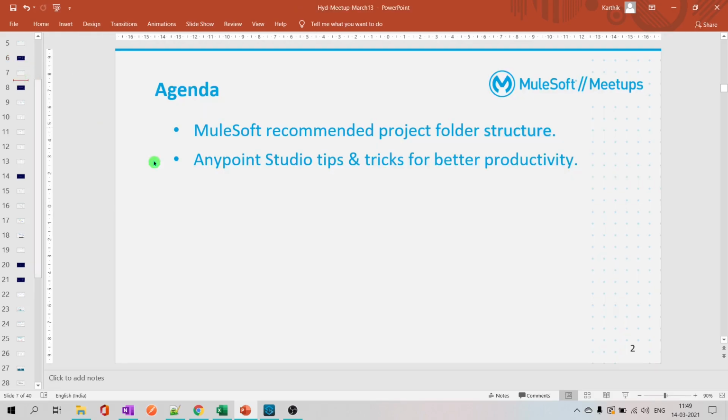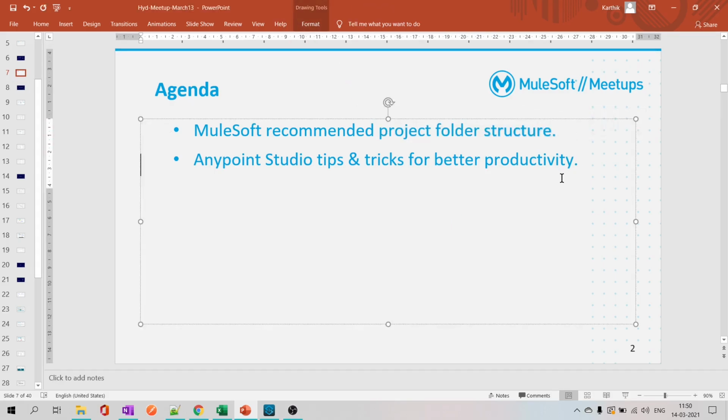Let's get started. My thought process in choosing this topic is that I struggled with understanding the project folder structure in my initial days of MuleSoft development, right? I strongly believe we learn a lot from our experiences and from people around us, more than we study or read. So I want to share this with everybody. Of course, as MuleSoft developers we have a good developers community here, so I thought I will give it back.